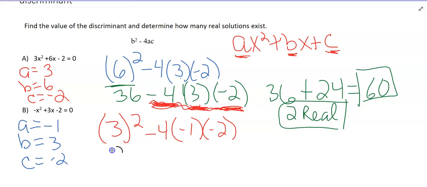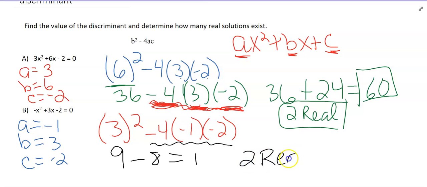Exponents first, 3 squared is 9. Multiplication left to right. Negative 4 times negative 1 is a positive 4 times negative 2 is a negative 8, giving me the value of 1. 1 is also greater than 0, so again I have two real